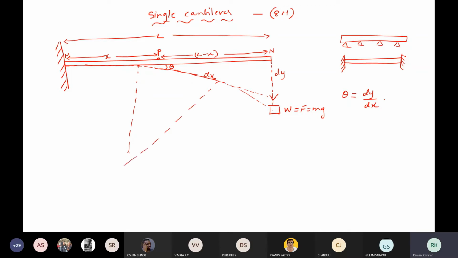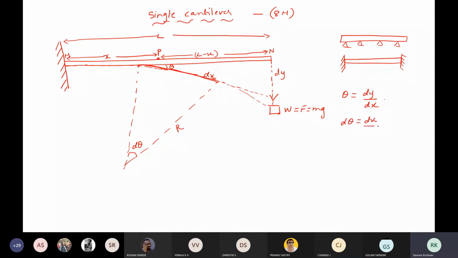The beam has bent. So let d theta be the common angle made. This bent portion is part of the beam. Let d theta be the angle, and r be the radius of the circle. Now tell me, what is d theta from the diagram? d theta is equal to dx by r. Very good.